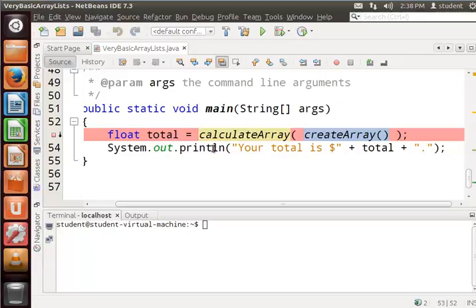And then our System.out.println, your total is dollars plus total plus, in quotes here, period, close quotes. So let me show you this program running. It's just going to basically display how much you owe. So if I run this,